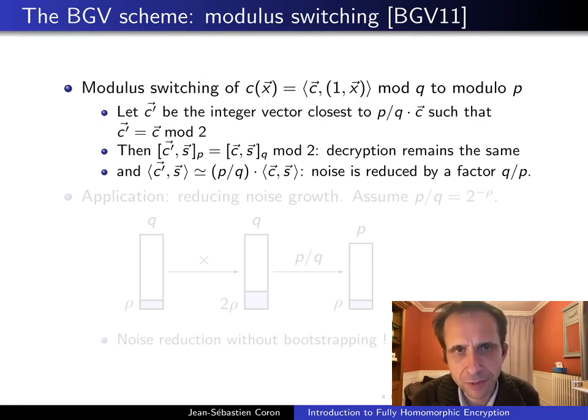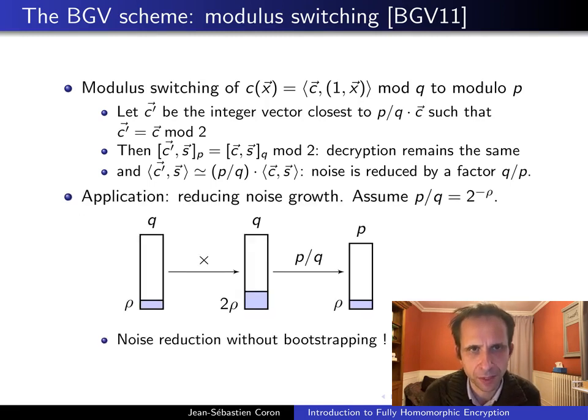But now the advantage is that we have decreased the amount of noise, because the noise is also scaled roughly by P over Q. It is reduced by a factor Q over P. And as an application, we can reduce the growth of the noise. And we can do this without the bootstrapping procedure, which is quite costly. So I assume that we have that P over Q is roughly 2 to minus rho. In that case,